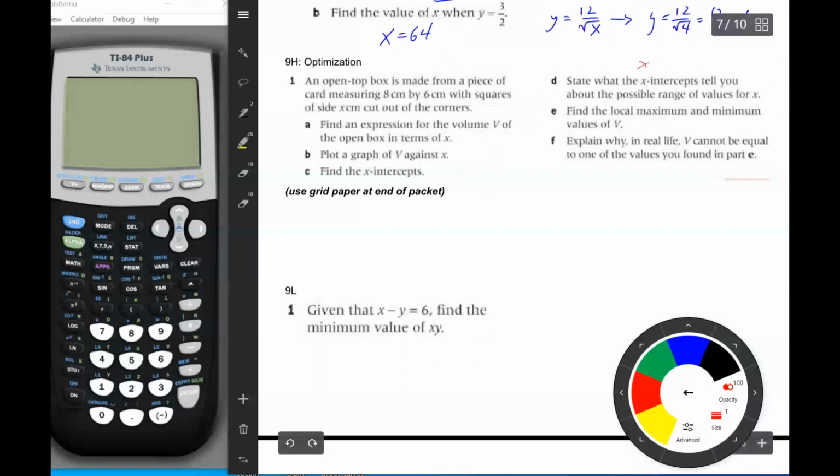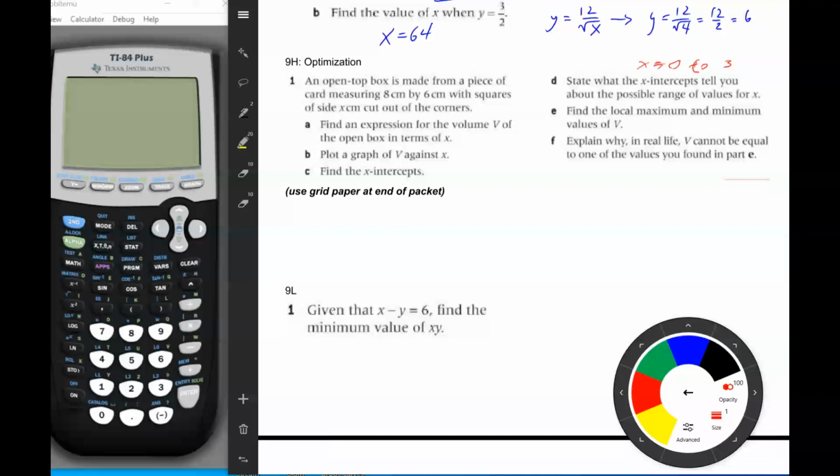So x basically should just vary from 0 to 3, right? It shouldn't be bigger than 3 because then the volume goes to 0 and you run out of card. Okay, 2, 3. E, find the local maximum and minimum. We did that. F, explain why in real life V cannot be equal to one of the values we found